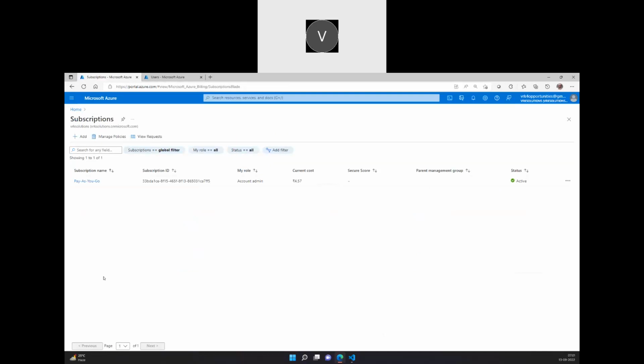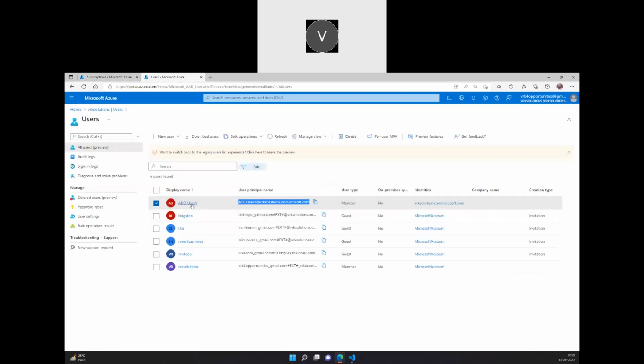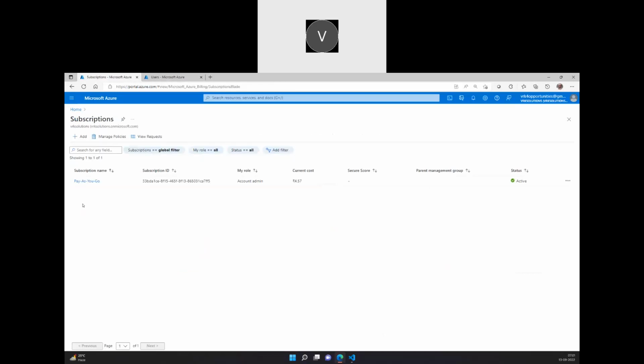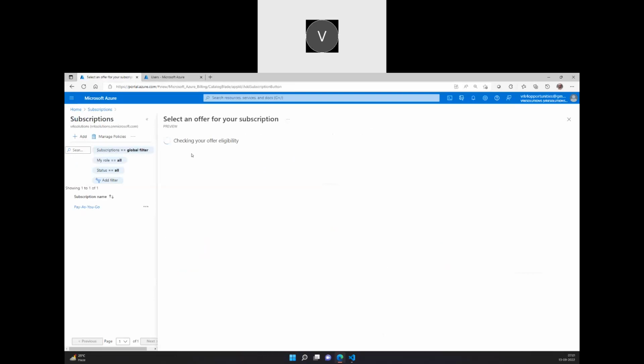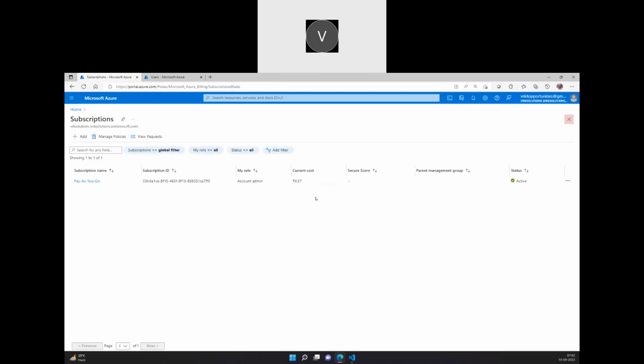Now, what I wanted to say is, under one tenant you will have multiple subscriptions, so that you can assign the users in that specific tenant access to whichever subscriptions are there. Now, how can you create one more? You can add one, and when you add one more subscription here, it first checks whether you have free trial access. If you don't, it will ask you to provide your credit card details, and once you provide them, you will be in a position to have